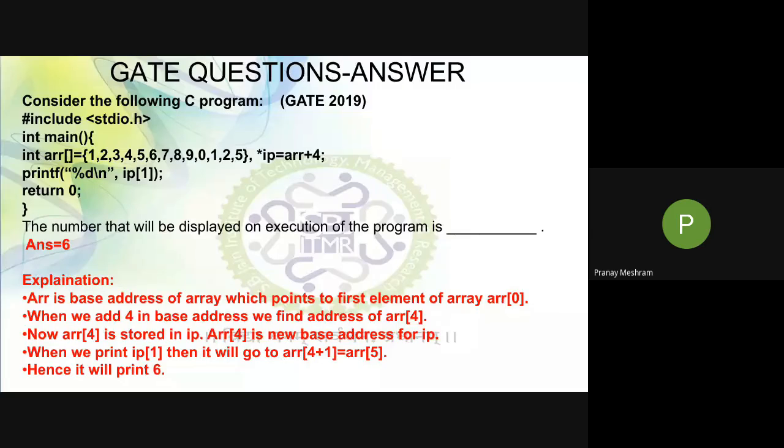नाउ अब आपने लिखा हुआ है ip[1], इसका मतलब क्या है कि बेस एड्रेस ऑफ ip से एक और आगे जाना है आपको। तो बेस एड्रेस ऑफ ip 5 को पॉइंट कर रहा था, एक और आगे जाएंगे तो 6 पे जाएंगे, इसलिए उसका आंसर आएगा 6। समझ में आया क्या? यस सर। समझ में आया क्या? यस सर। हाँ, चलो ठीक है, नेक्स्ट प्रोग्राम देखते हैं।